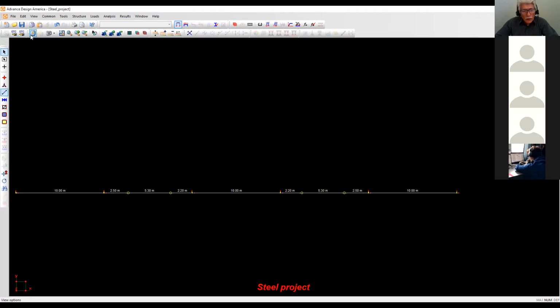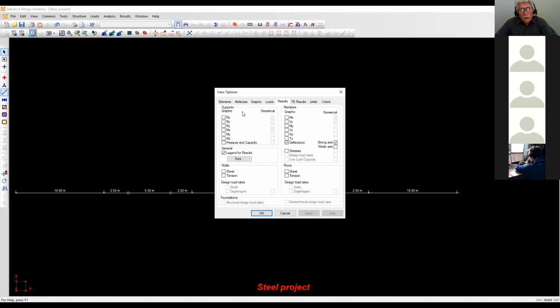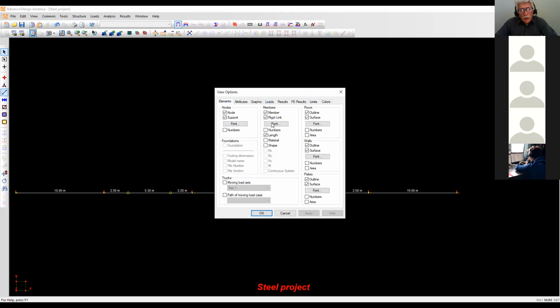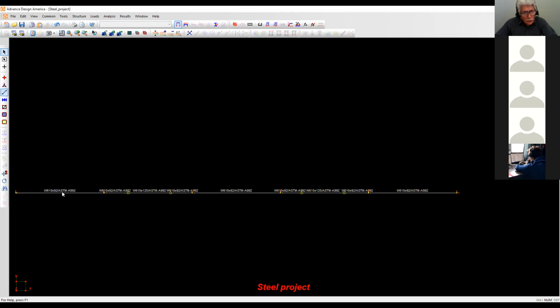And now what I do now to make sure, I know my lengths are all good. So what I do now is I go here, I go to elements, I take off the length, I put shapes, and I put materials just to make sure I've assigned the right ones. So now there, the materials haven't changed, but the shapes are good, okay? Now, what I need to do is for the drop-ins, the suspended ones, I pick here, and I pick there,